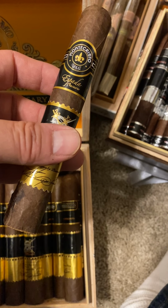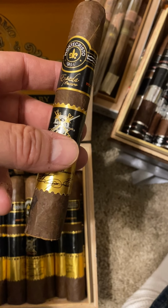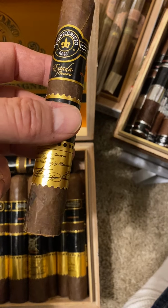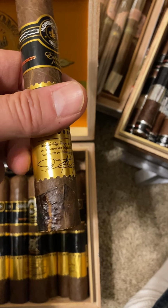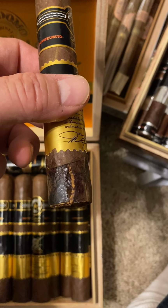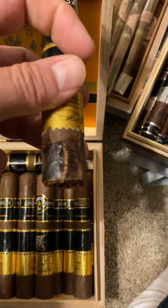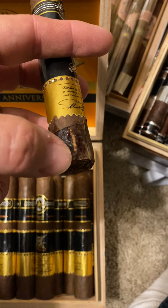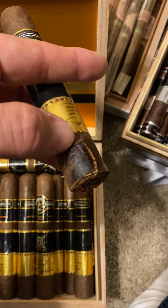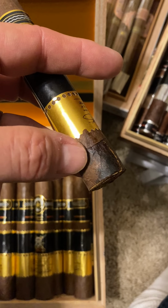Alright folks, I want to make a quick video on repairing cigars, and this is a Monte Cristo that I got came through the mail. I don't know if it was damaged during shipment. Rarely does that happen, but could have been. But you can see where the wrapper was torn here, and then also right there, and even almost into